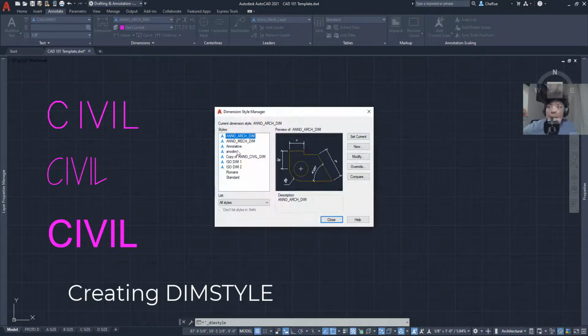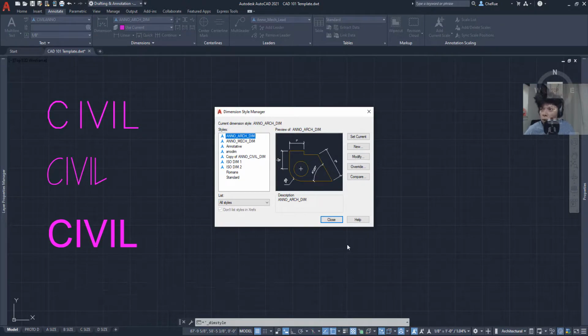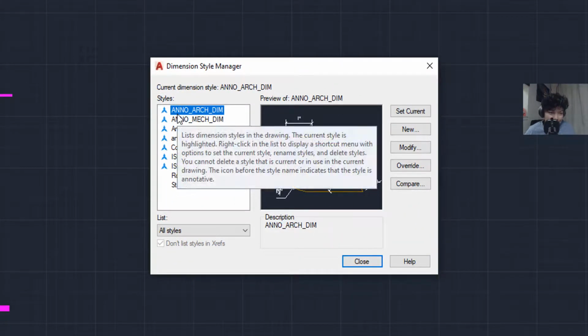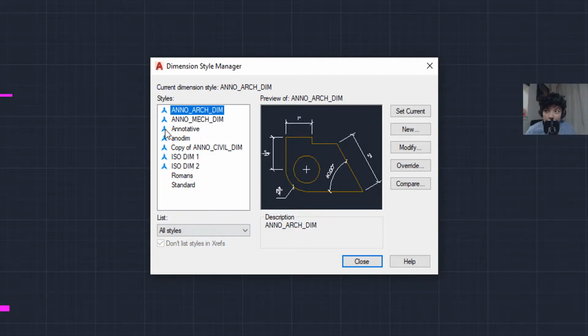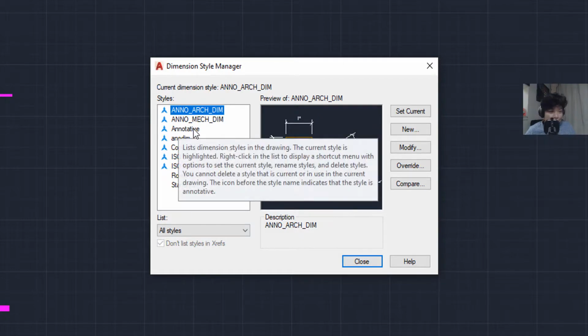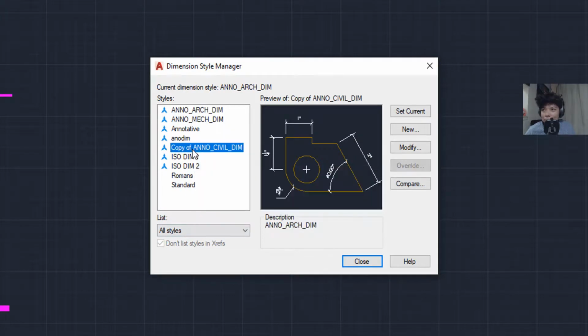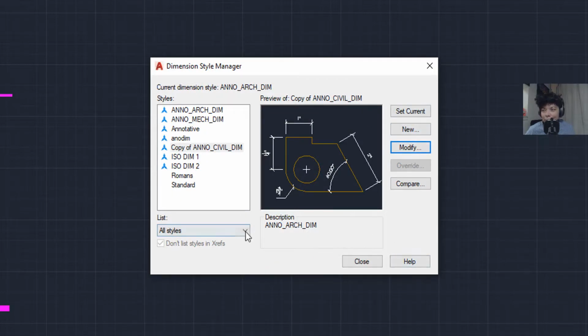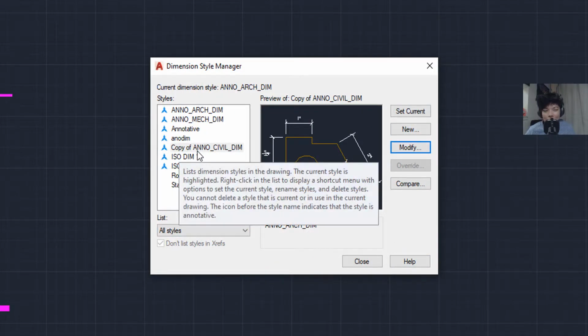Now, I already started working on my architectural dim style. Make sure you name it anno underscore arc underscore dim. If you're doing mechanical, anno underscore mech underscore dim. For the civil, since I created a copy from the previous one, make sure you just go with anno civil